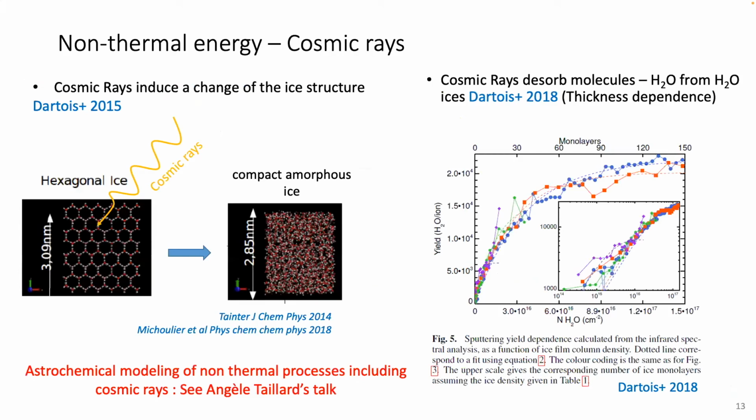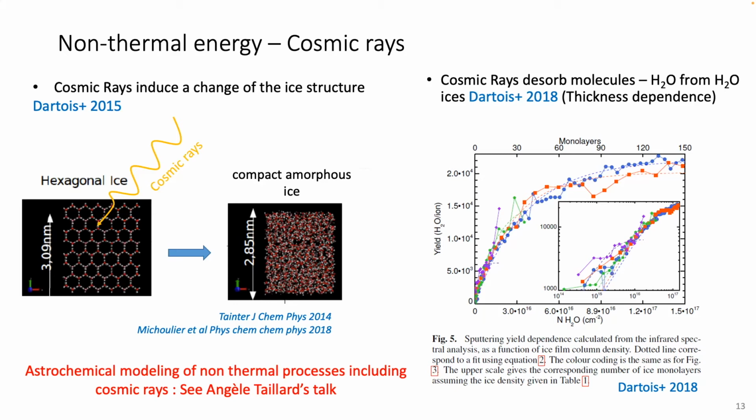So I will start with the cosmic ray effects. There was an experimental study to mimic the cosmic ray effects using accelerated ions. And cosmic rays can really change the ice in different ways. First of all, it can change the ice structure. So this is a study performed by Emmanuel and co-authors. They started from crystalline ice. They used some accelerated ions, and they showed that it changes the ice structure. You don't have crystalline ice anymore. You have an amorphous ice. So cosmic ray analogs change the ice structure.